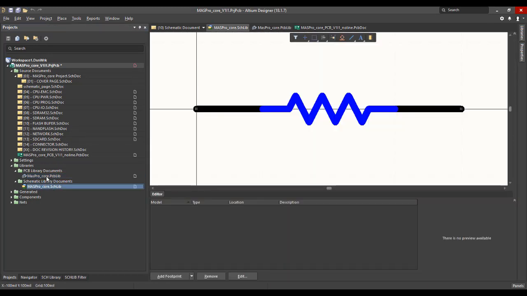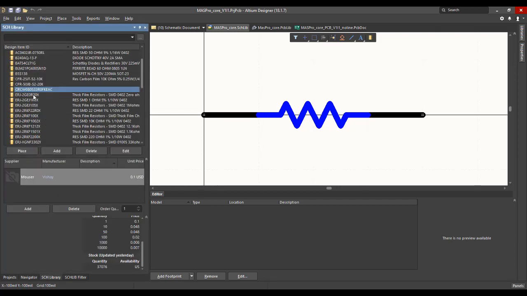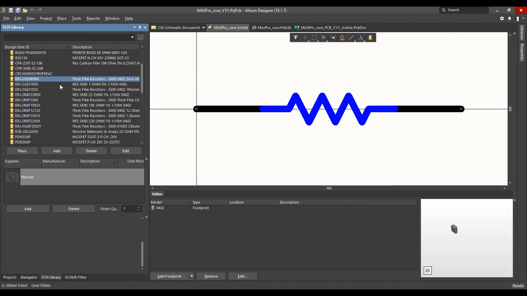In the schematic library tab, as you can see, there are many resistor types. For example, 10 kilo ohms, 22 ohms, 0 ohms, and I do not consider one component for all these resistors. You will see why creating the schematic library in this way will be helpful to your design and the rest of the PCB manufacturing. Consider that I want to add an